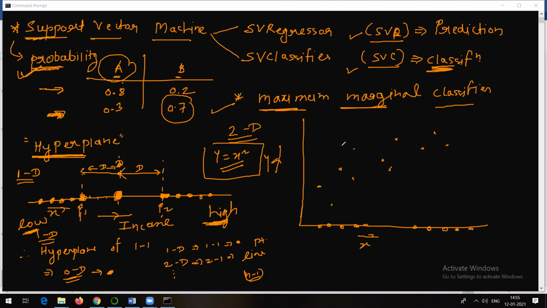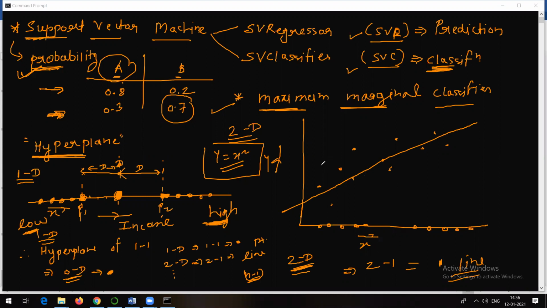Now what happens is, as it's two-dimensional data, what is your hyperplane? It is n minus 1. Always remember, whenever there is n-dimensional data, your hyperplane is going to be n minus 1. So as it's two-dimensional data, the hyperplane will be 2 minus 1, that means 1. That means it is going to be a line. So the hyperplane is going to be something like this. Here I am directly drawing this line because I just want to tell you what a hyperplane is and how it's going to work theoretically.